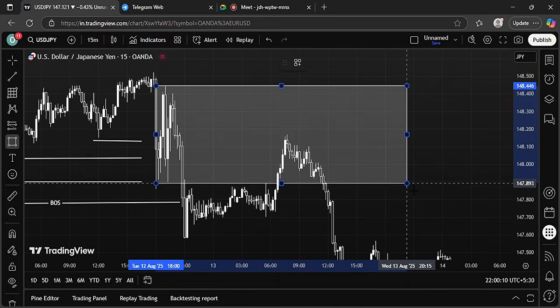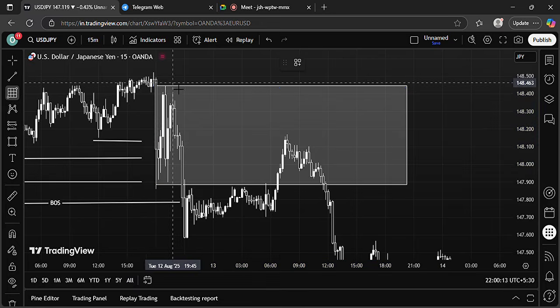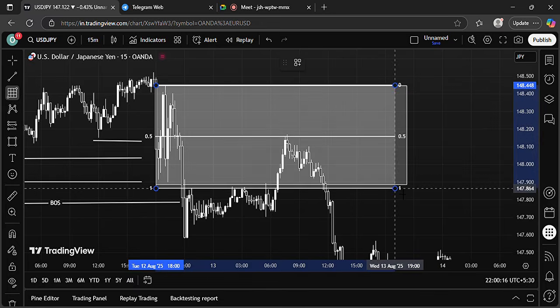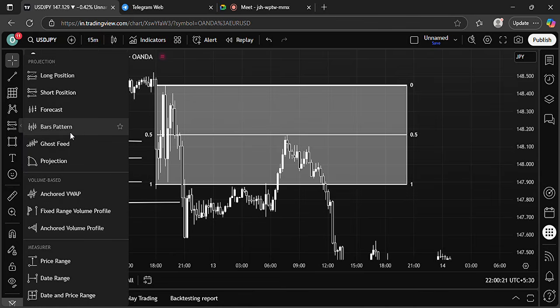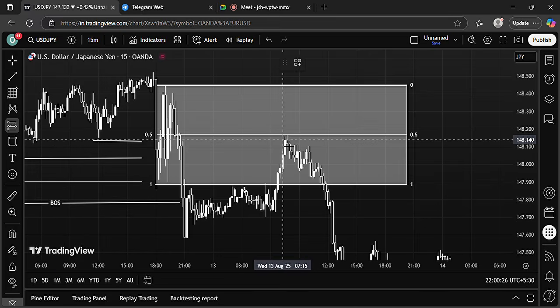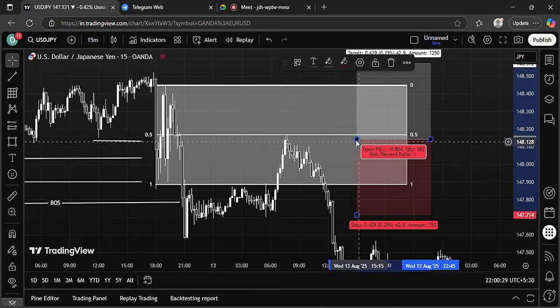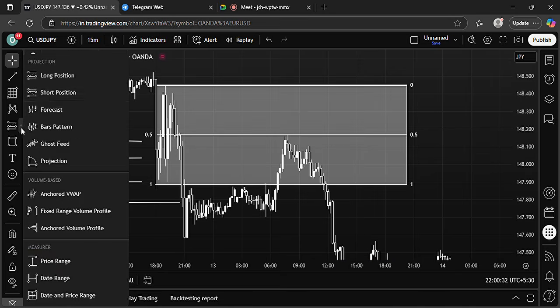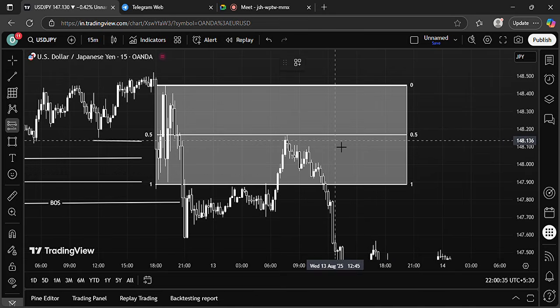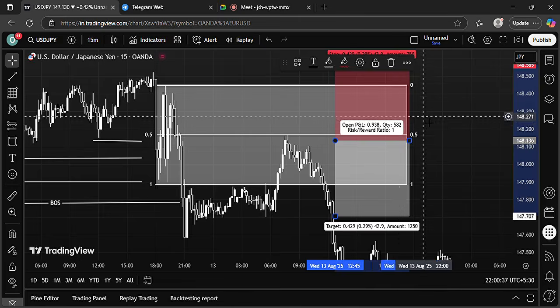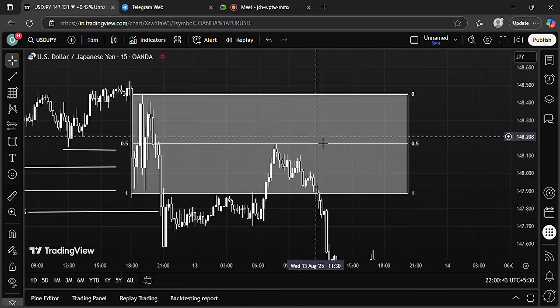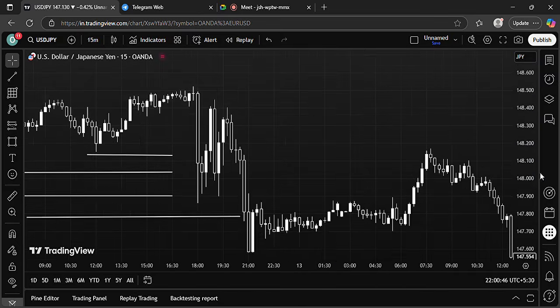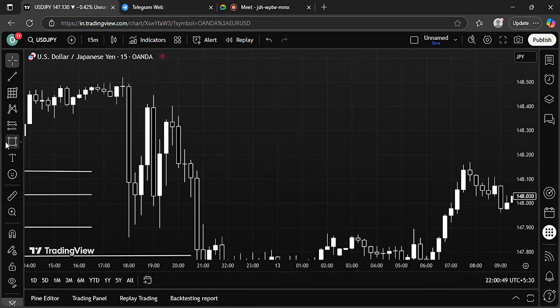Either you can use a Gann box from here like this. Whenever you place an entry in a Gann box, put your entry just below the zone. If you are going short, you will place your entry right below your zone, like 1-2 pips. So either you can go with the Gann box from here,